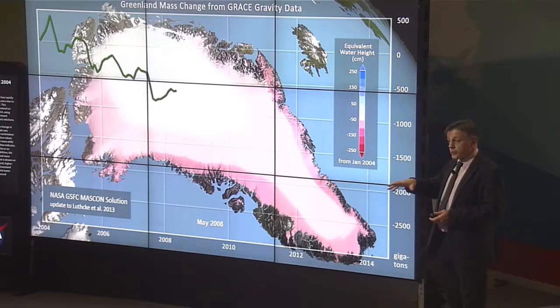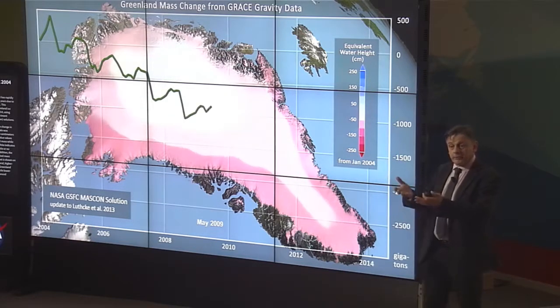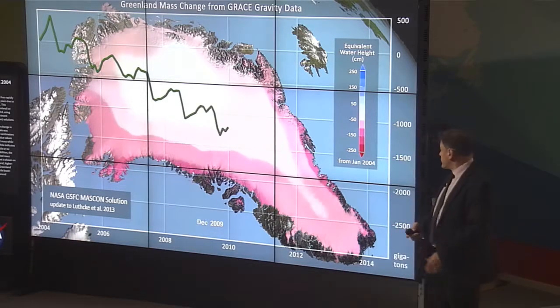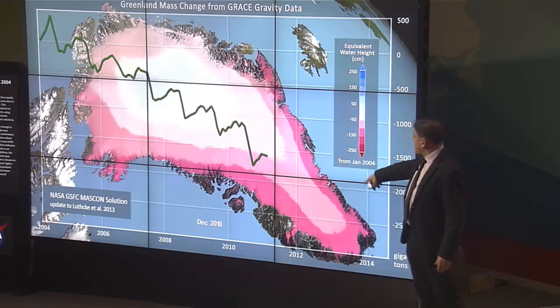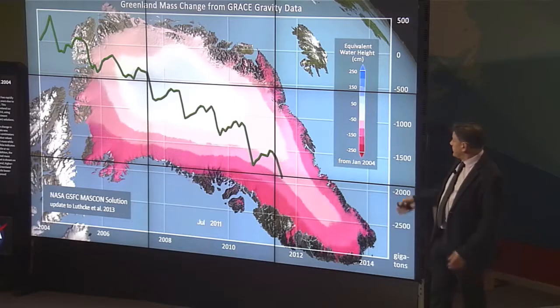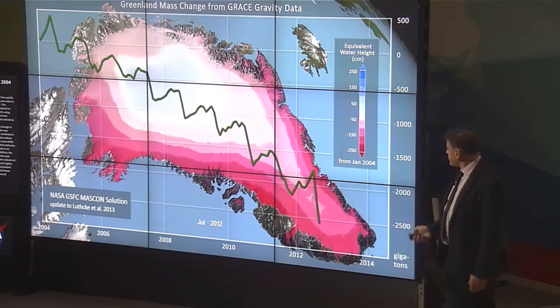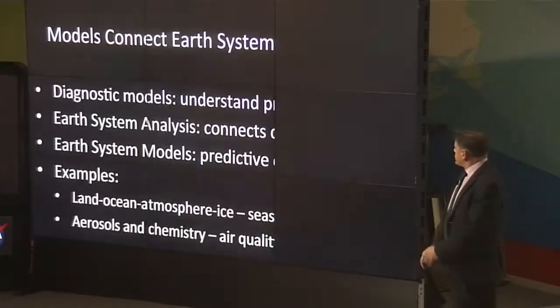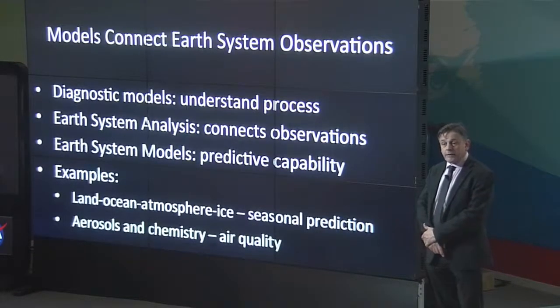Also, it's a source of fresh water for the oceans as well, reducing the salinity in those regions. So again, you can see as well that most of that mass loss is from around the edge of the continent, which is probably what we expect, where it melts faster and flows off. So that was just a few examples of the different types of features that we can measure from space,